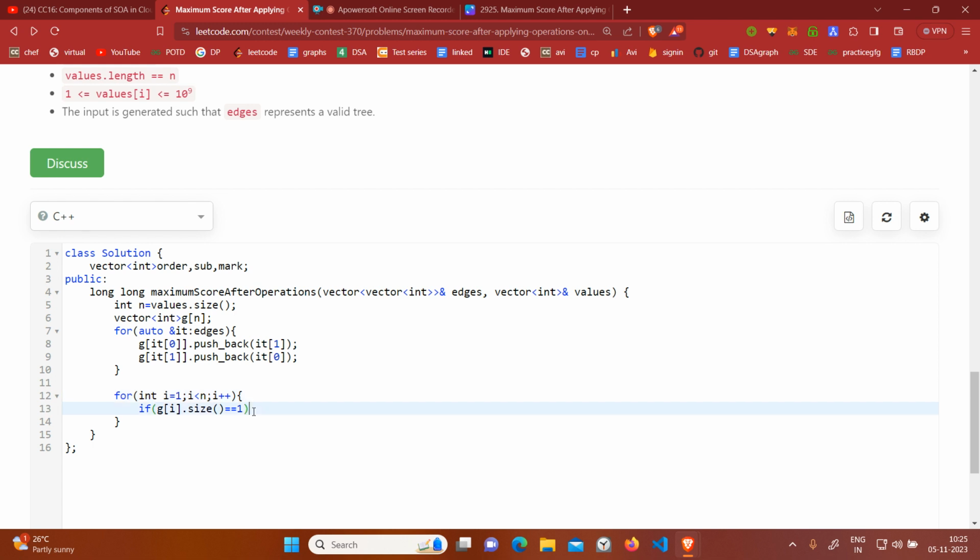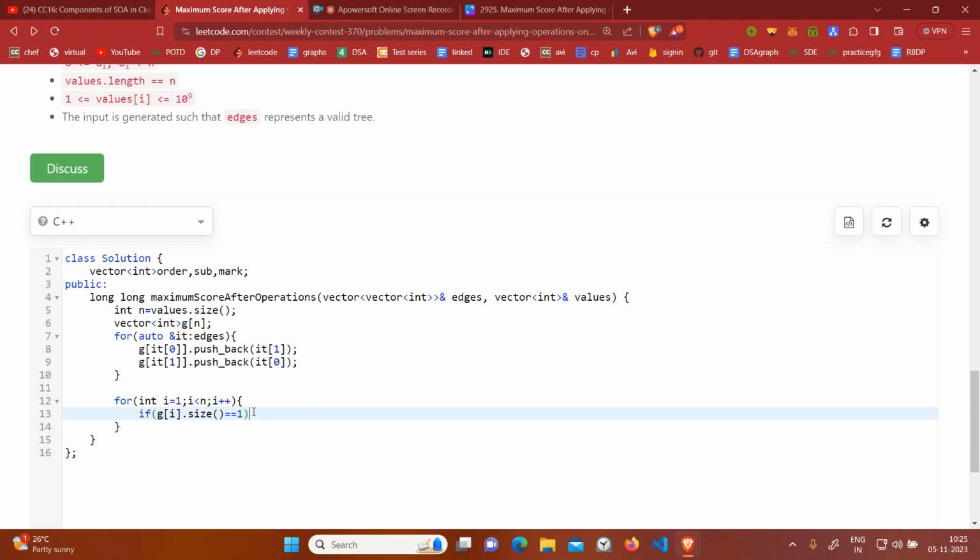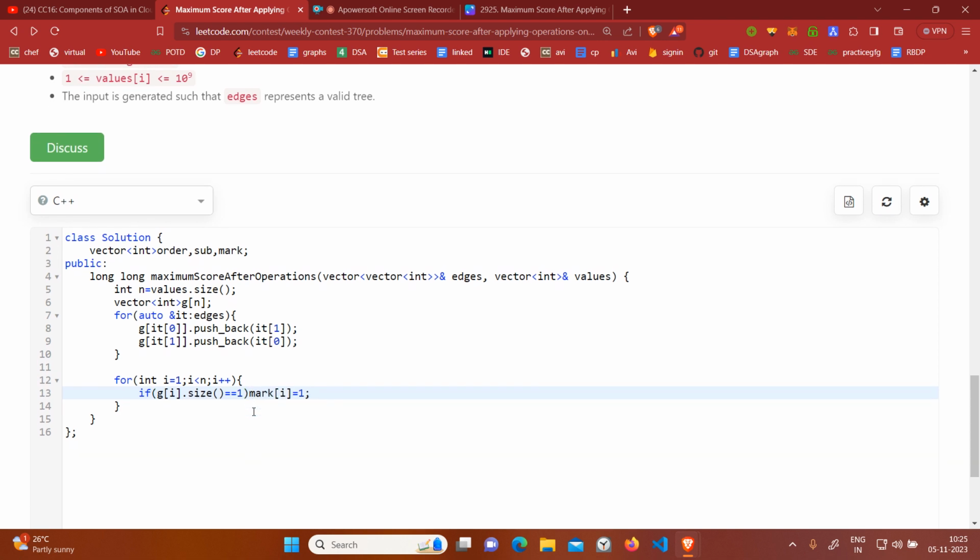If g[i].size equals 1, it means it is only connected to one node, so obviously it is a leaf node. In that case I will just mark it, mark[i] equals 1, and then